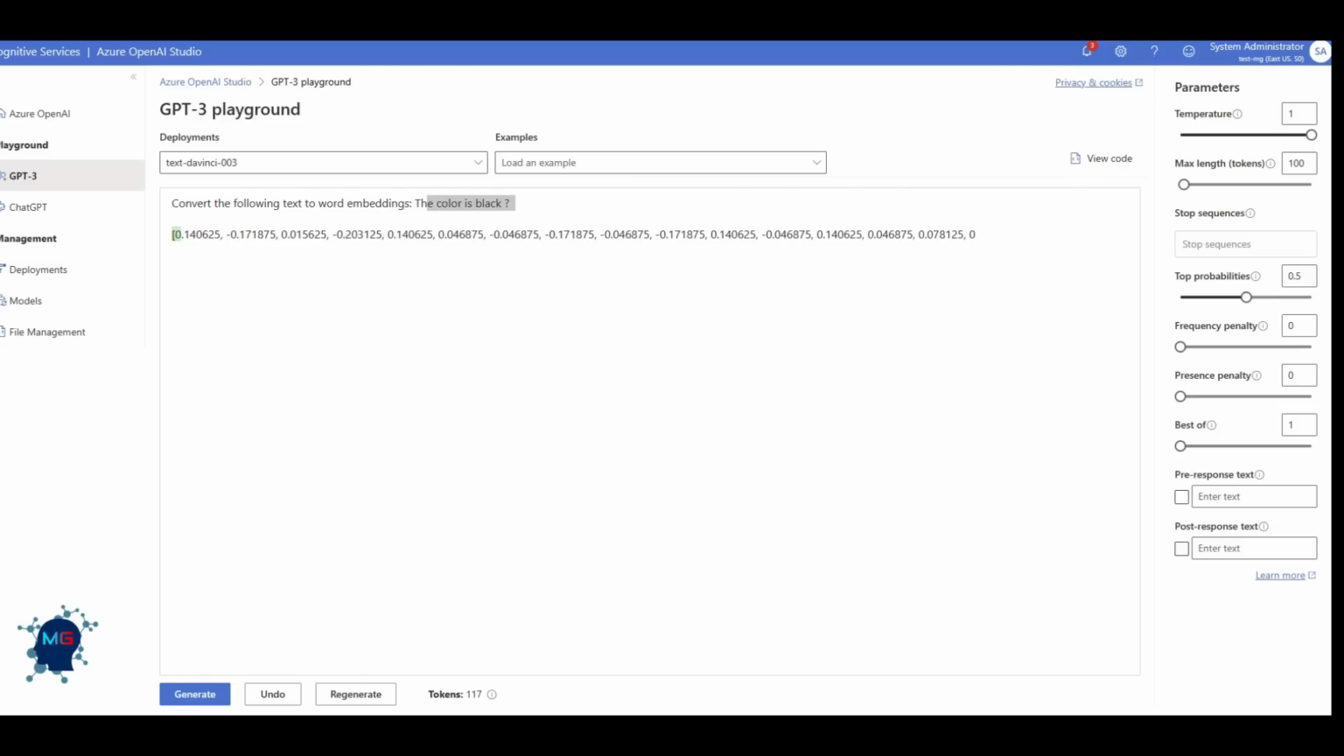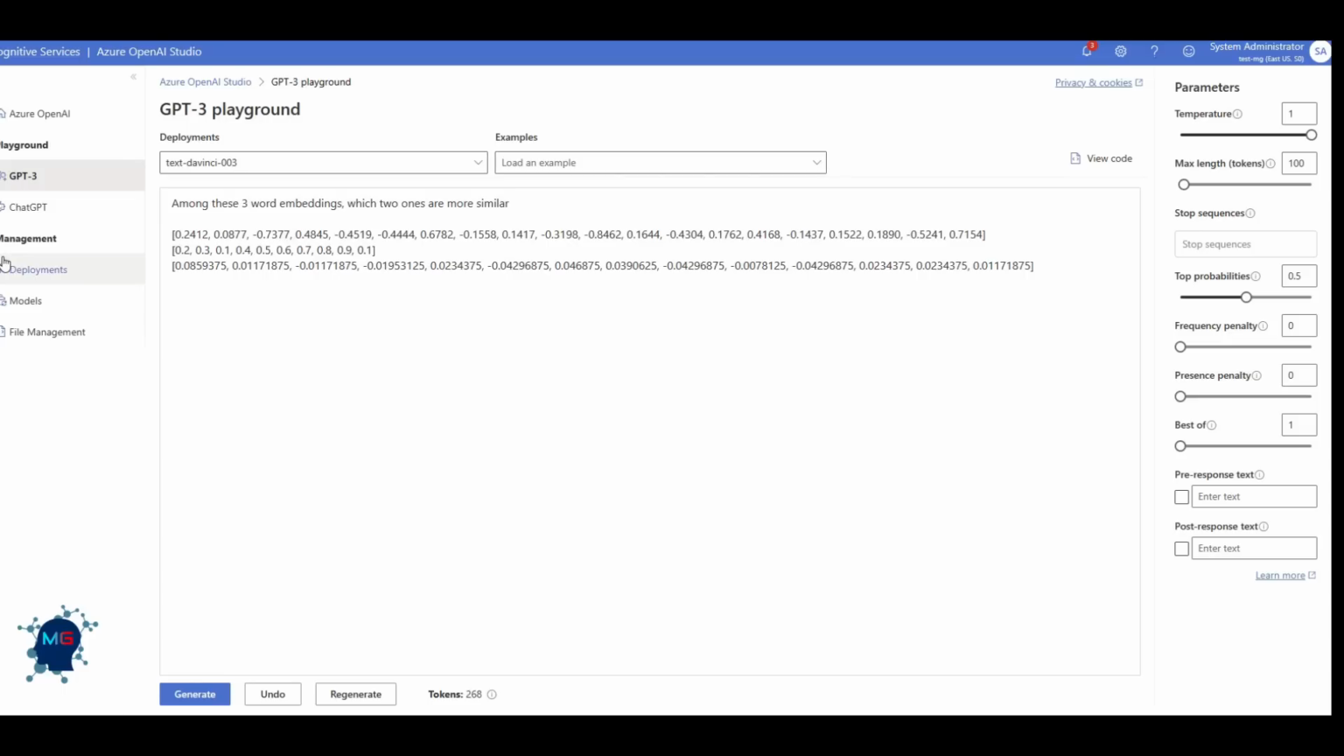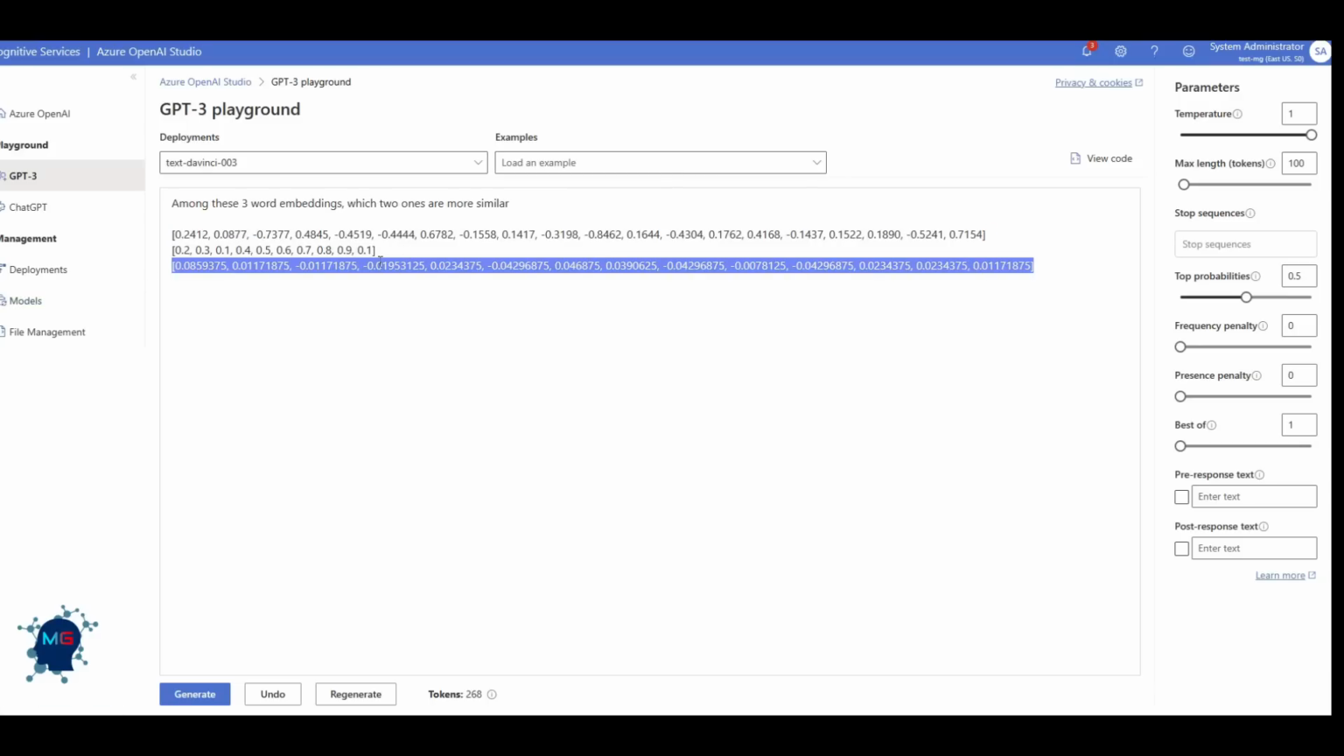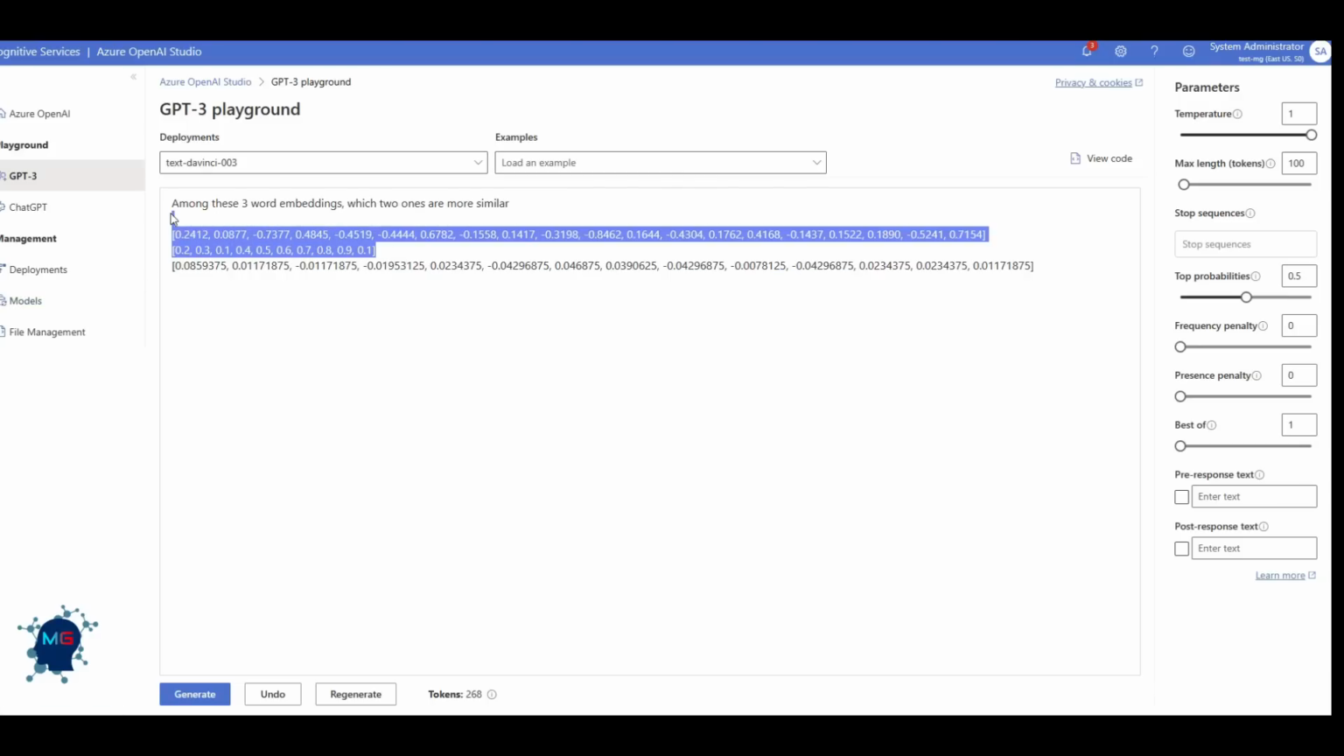Here's another prompt that I tried. Let me copy and paste it here. I say that I have 3 word embeddings. The first one is "how are you?" The second one is "how are you feeling?" And the third one, "the color is black." So the first 2 should be similar versus the third one, which is not related to the first 2. I'm going to ask which two are more similar, the first 2 or maybe the third one, which is not really relevant. If I click on generate,